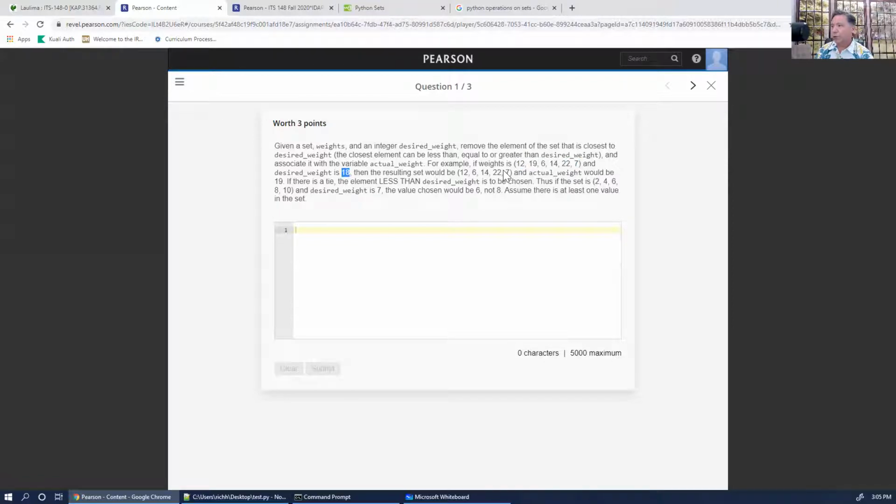then remove that integer. So in this example here, we've got 12, 19, 6, 14, 22, and 7, and the desired weight is 18. The closest one to that would be 19. So 19 is removed, and we're just left with 12, 6, 14, 22, and 7. So that's what we're supposed to write a little program to accomplish, given these names here for the variables in the set. Now, if it's possible, the desired weight can be above or below the one you ultimately pull out,